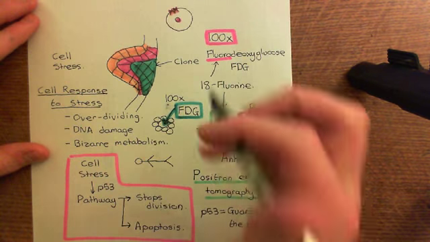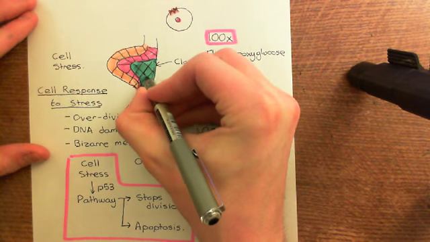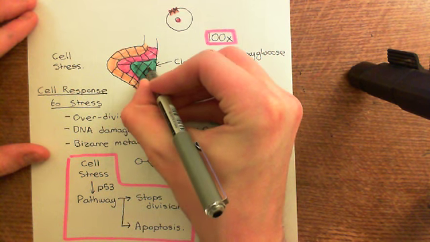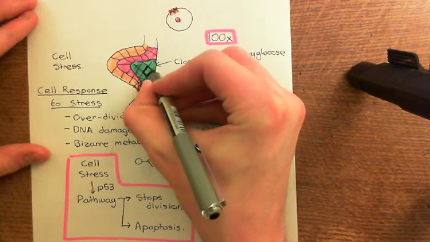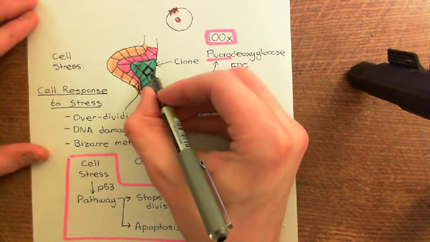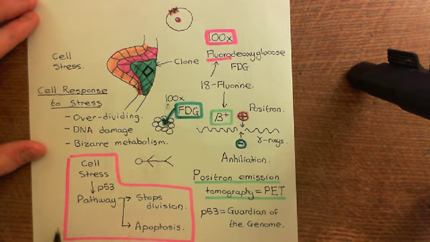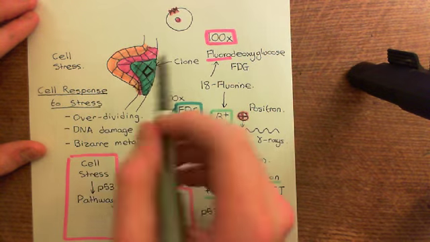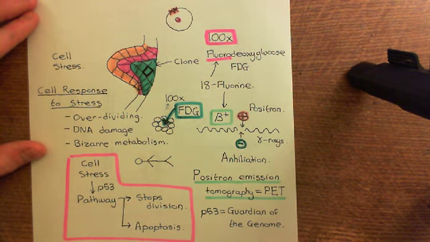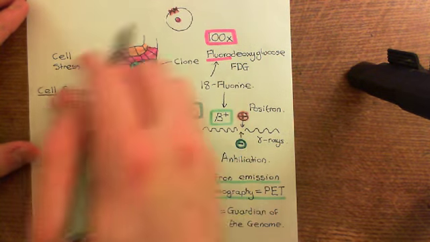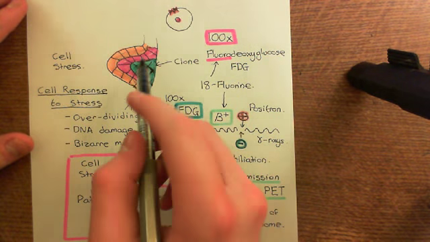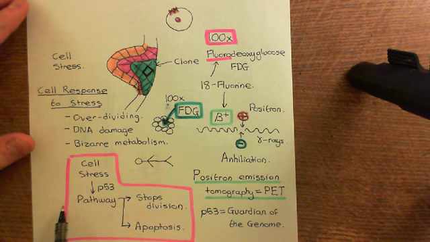So let's now say that one of these cells with the altered metabolism here, with the genetic instability, and with the overproliferation here, this one that I'm outlining in black, is now going to get some heritable change, which will most likely be a mutation that's going to completely stop this pathway. Now that cell is going to do so much better than all the other cells, because all the other cells had this pathway on,